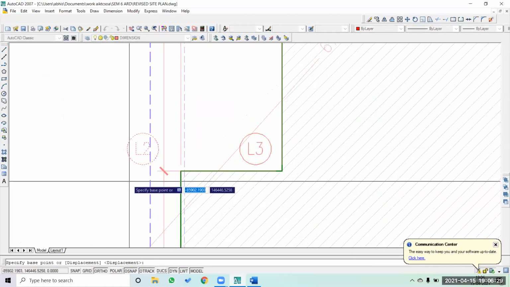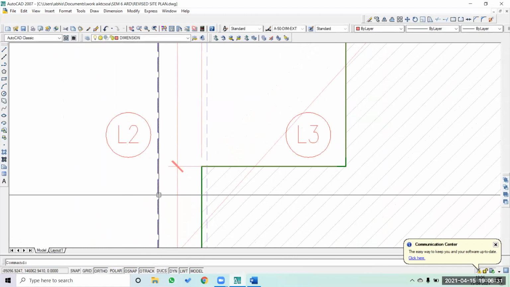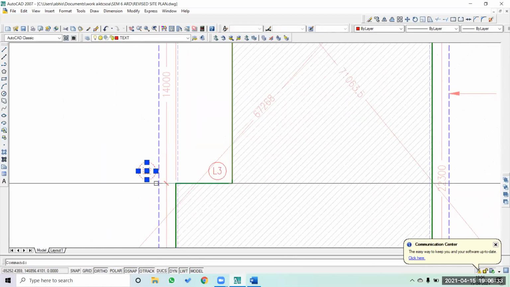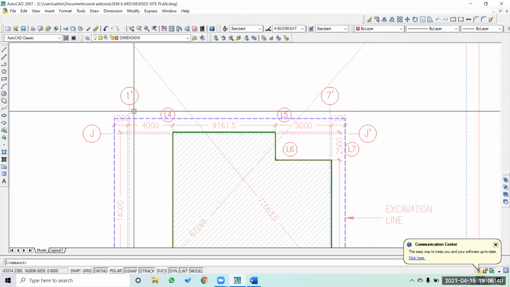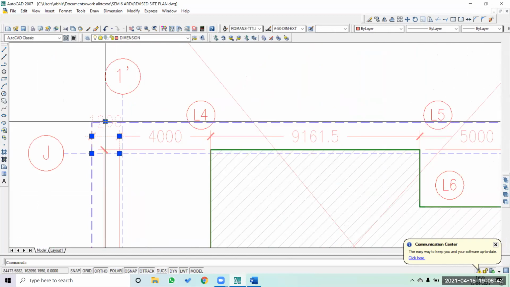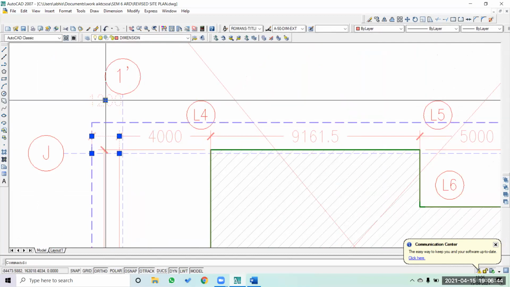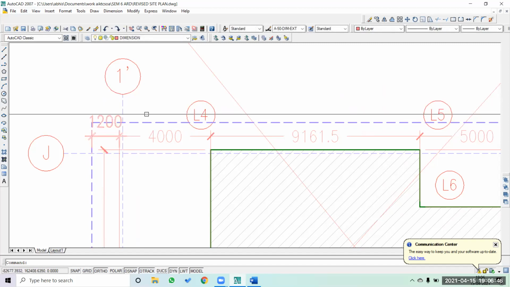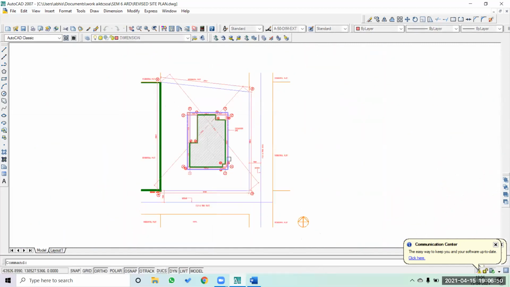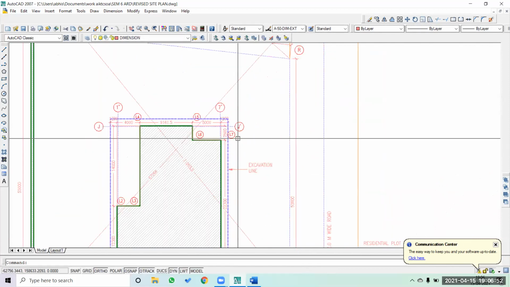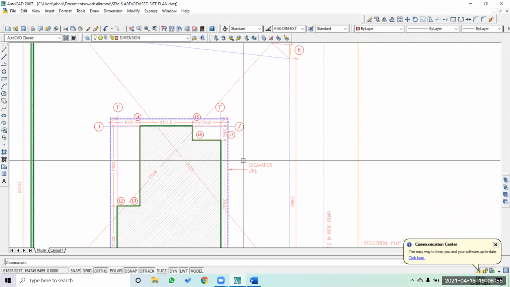Once you mark the excavation line, I have also changed the line weight of the excavation line to 0.3. Okay, I'm just checking whether there is no overlap of text, any text which may create some problem for us. So that is how we have created this particular excavation line.